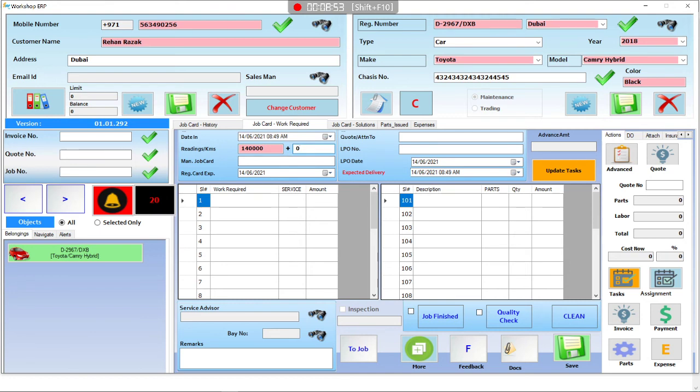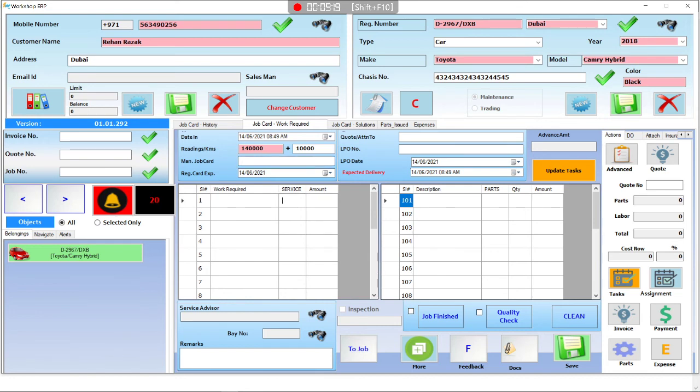Okay, and they came for an oil change and brake pad change. For the oil change, they want to change every 10,000 kilometers. So this kilometer reading plus 10,000, we add over here. Now we are going to add the services. We can select from here.